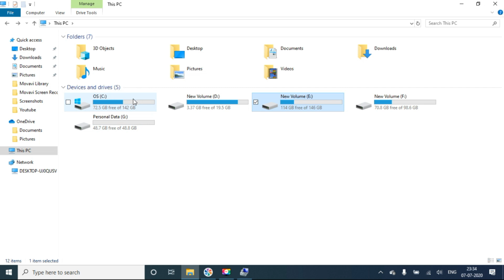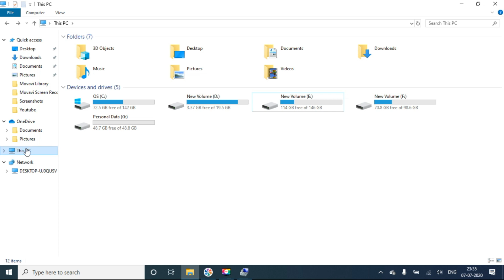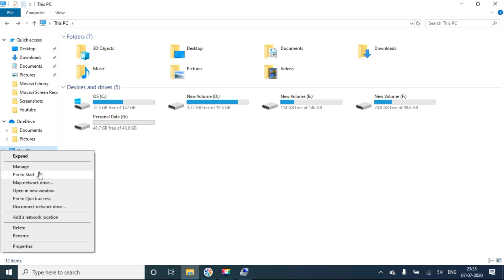Similar to that, if you are facing some memory issue in the C drive and you want to extend it, you can do the same steps for the C drive also. Most applications occupy the C drive, so the memory gets used up and fills quickly. If you extend that memory using this method, now I am going to extend the memory of the E drive. So go to the same place, right click This PC and choose Manage.